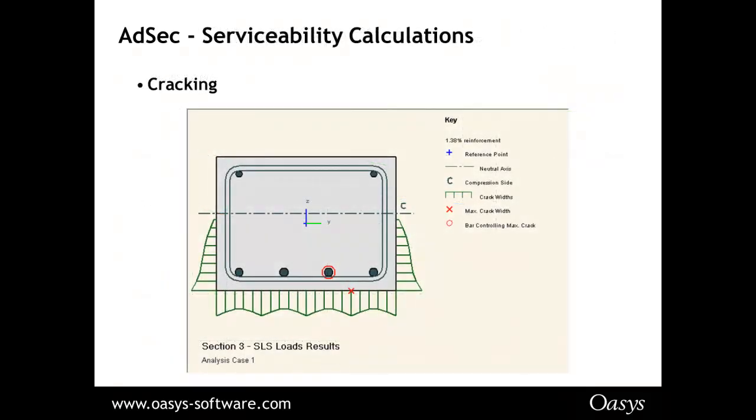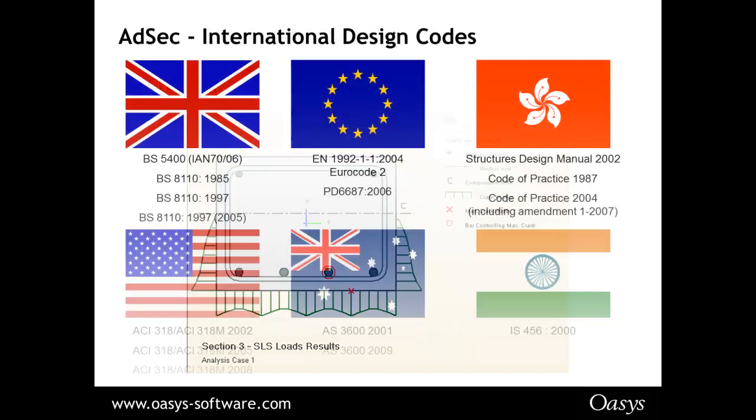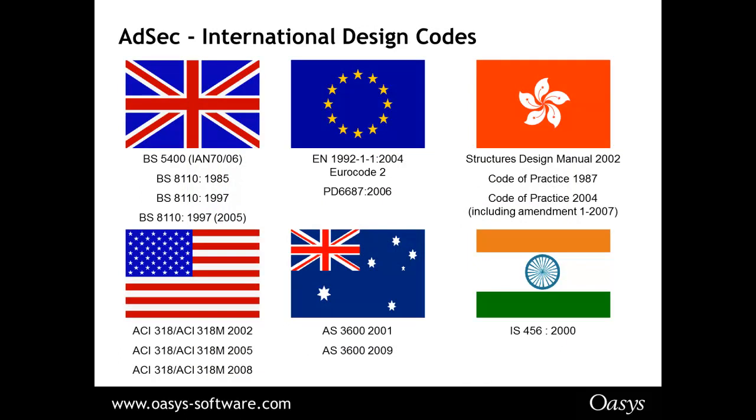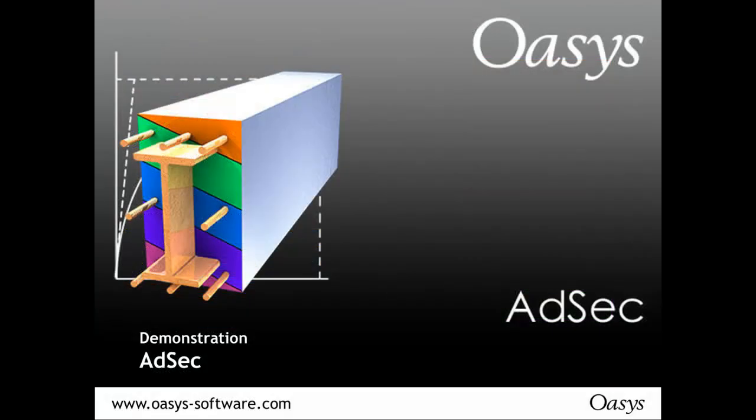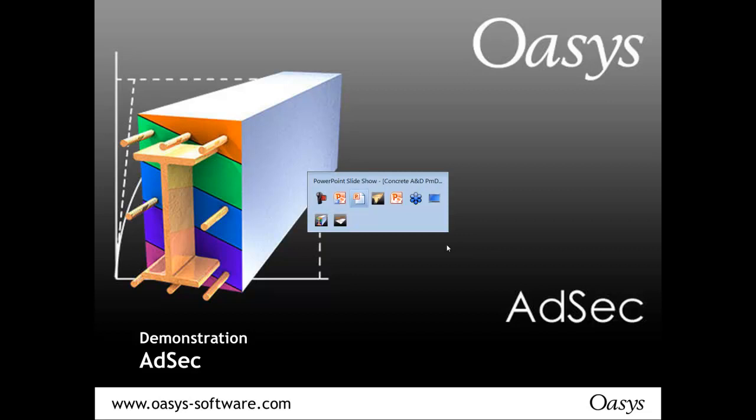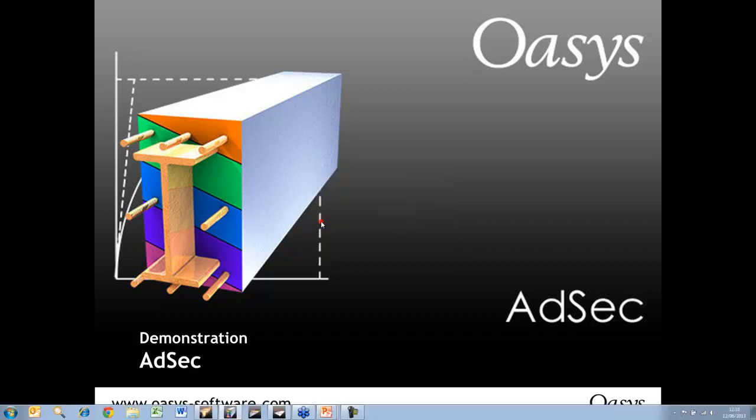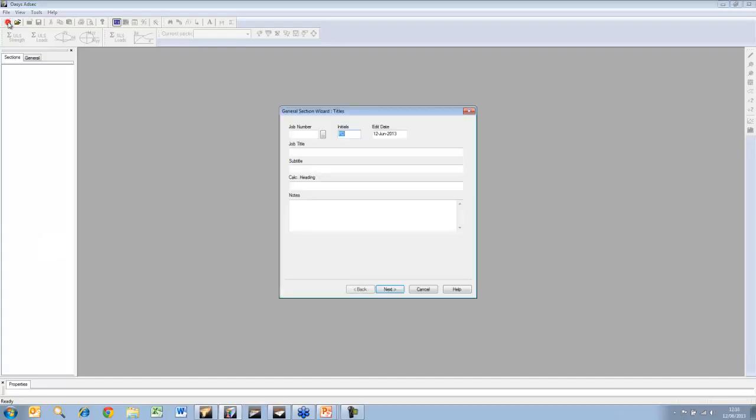If you give it loads to work to, it will tell you how much a section cracks, including Eurocode cracking, which is a difficult thing to do manually. And again, like ADC, it's a wide range of international codes, slightly more than ADC. ADC will catch up shortly. So let's look at AddSEC. What I'm going to do is